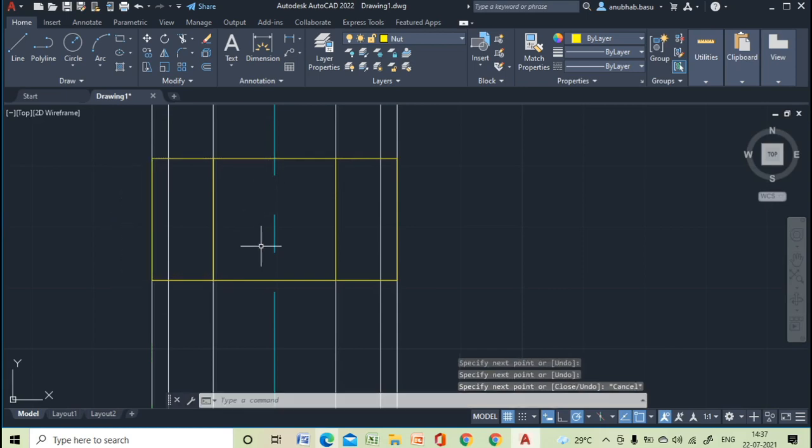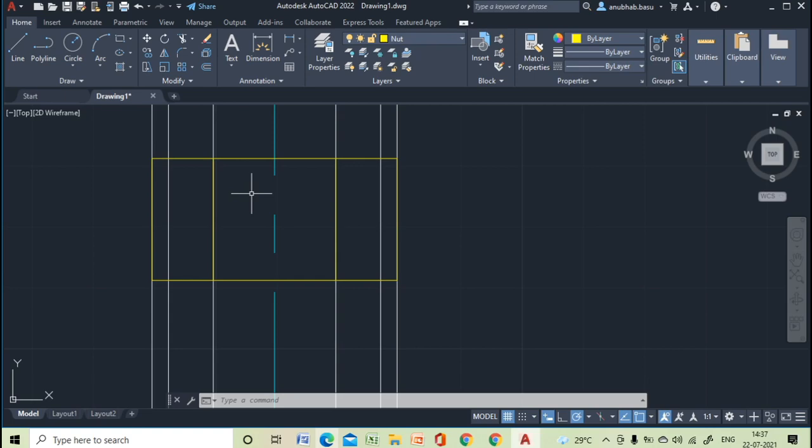Now at first we will draw the arc in this portion, and the relation is given that the radius R is 1.732 times D. So if we calculate it, the value of R will be 1.732 into 20, so it will be 34.64.